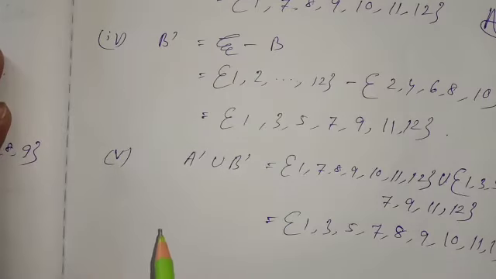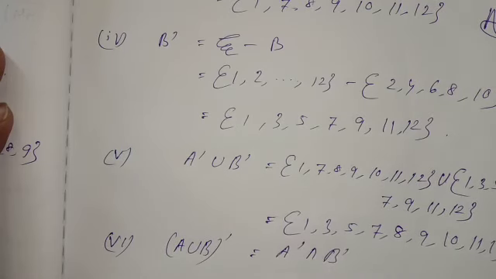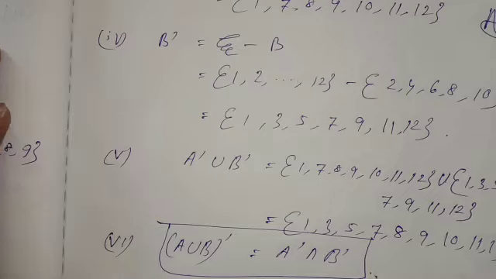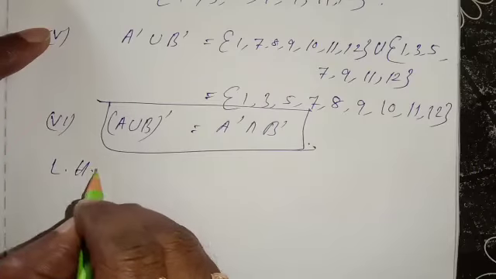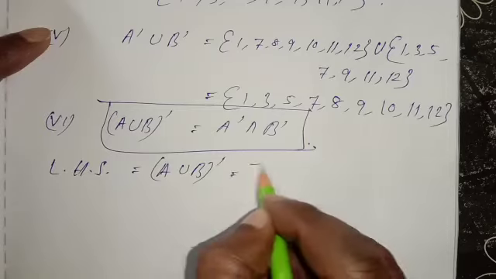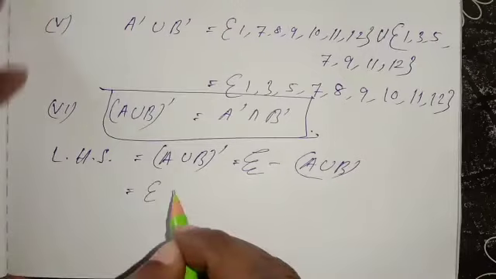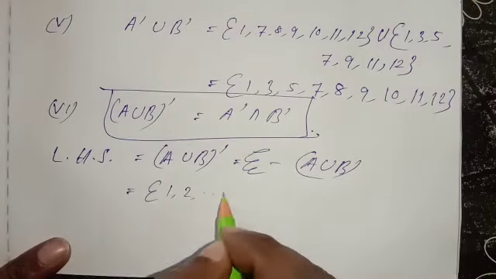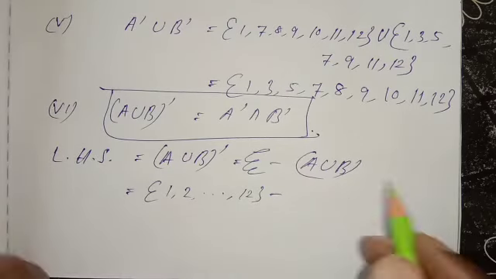Next, sixth part, you have to prove that A union B whole complement is equal to A complement intersection B complement. First of all, try to prove the left hand side. So first you write the left hand side, that is A union B whole complement. That is universal set minus A union B. Universal set is already given, 1 up to 12, and A union B is